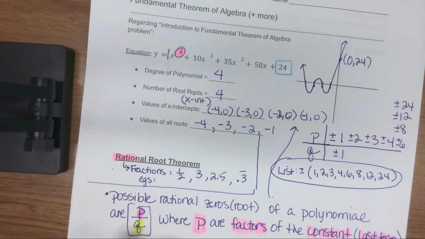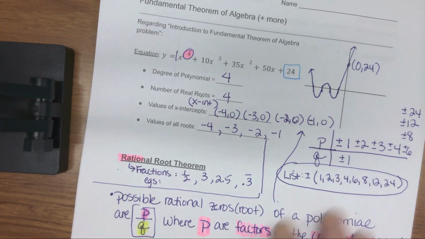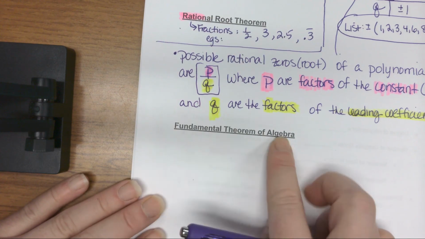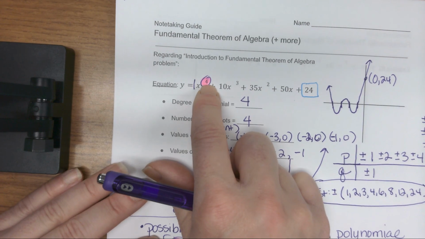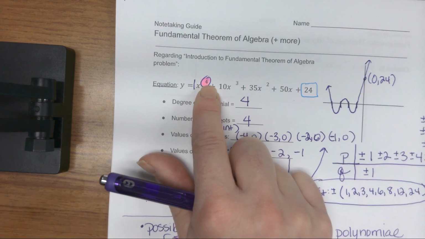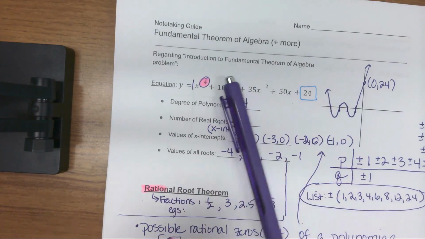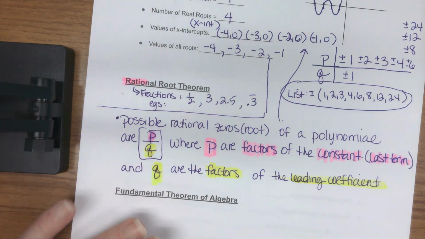We're not going to dabble here. Yep, this will be tomorrow. The fundamental theorem of algebra says this, but we're not going to write it down. The degree of the polynomial is how many roots it has. So if it's degree 4, it has 4 roots. But tomorrow, I don't want to dabble in this yet because tomorrow we're going to talk about how you might not see them all on the graph. And so we'll talk about how you find them. Okay, so what we're going to do together is I have a worksheet that you're going to do the odds on, but just so